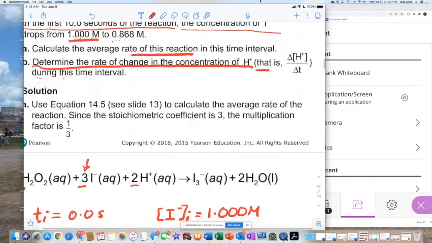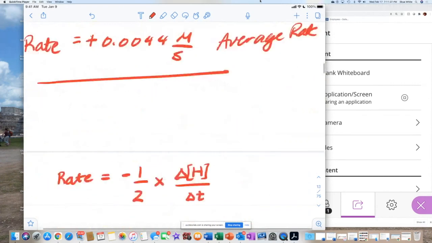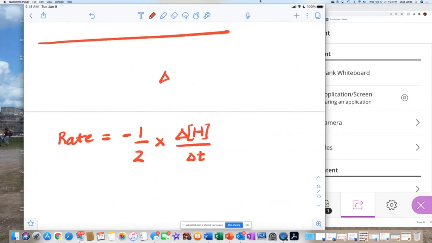What do they want us to figure out? Delta [H+] concentration over change in time. Remember, delta concentration over change in time is the same thing as rate of